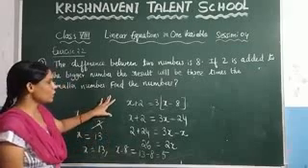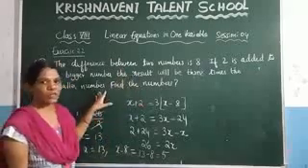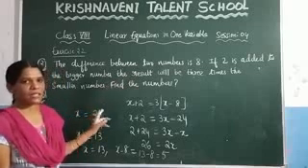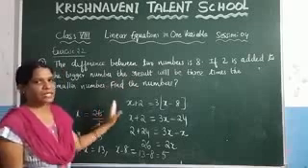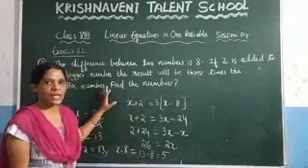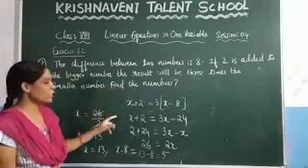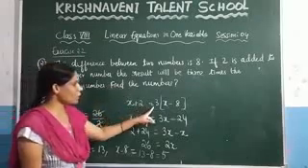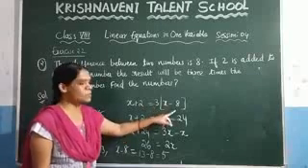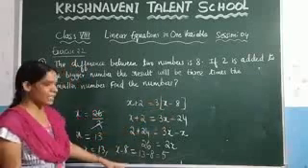Again, what they have given, you need to find the two numbers based on this condition. They have given that the difference between the two numbers is 8. Let us consider one number as x and the other number will be equal to x minus 8. And what is given here? If 2 is added to the bigger number, the result will be 3 times the smaller number. So here, if you are adding 2 to the bigger number, you are getting the result which is 3 times the smaller number. Based on this condition, we have solved the numbers which are 13 and 5.